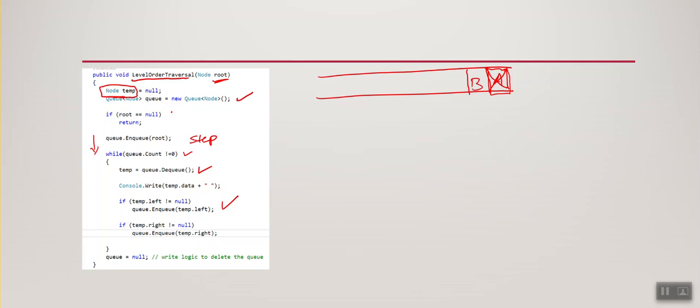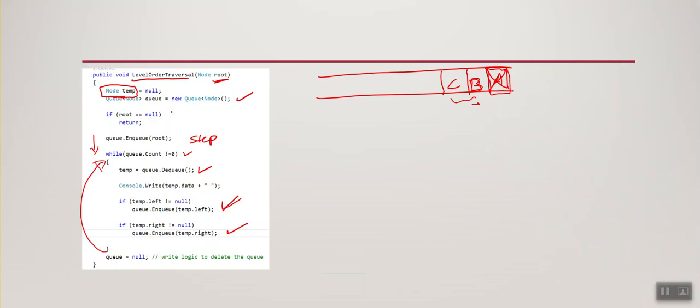In this particular step, queue.enqueue, it is trying to insert B to the queue. Here I am inserting C to the queue. Then it will go back to this while loop and check whether the queue has items or not. Yes, now the queue has 2 items. It will come back and take this B to the temp variable